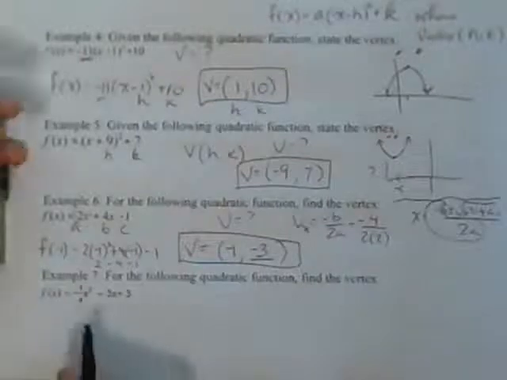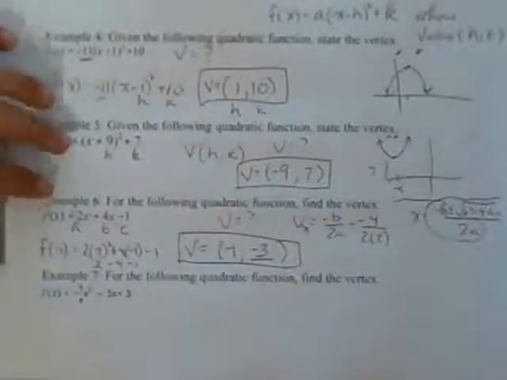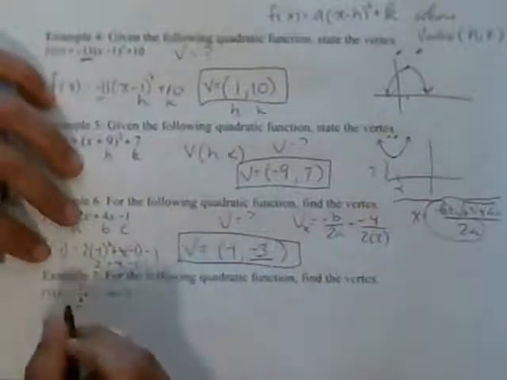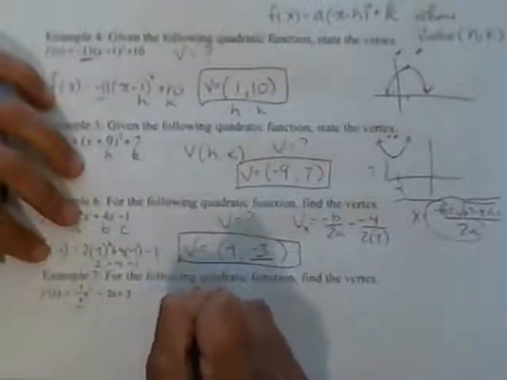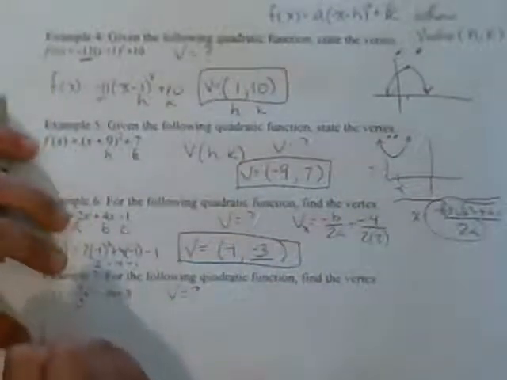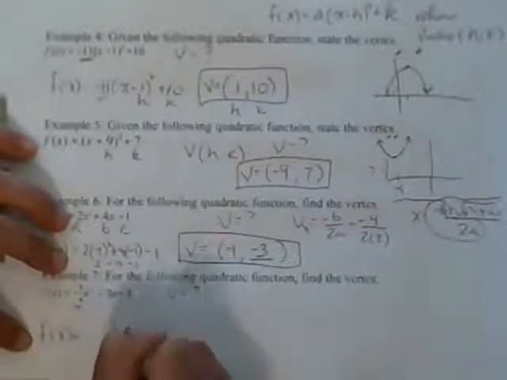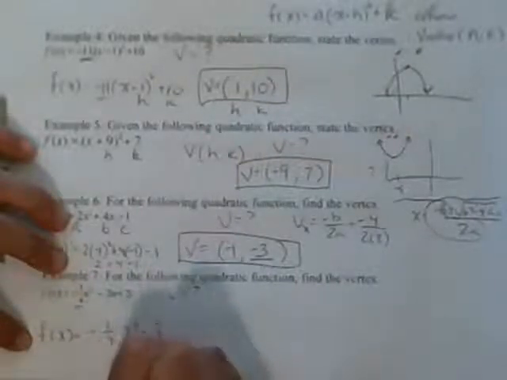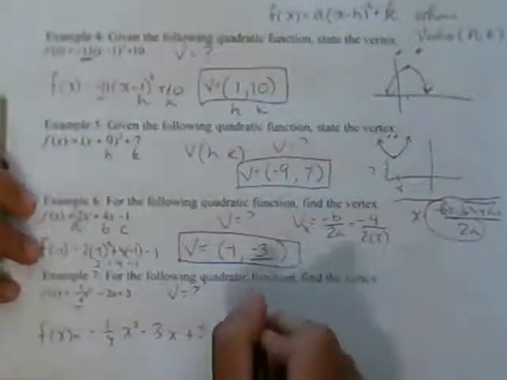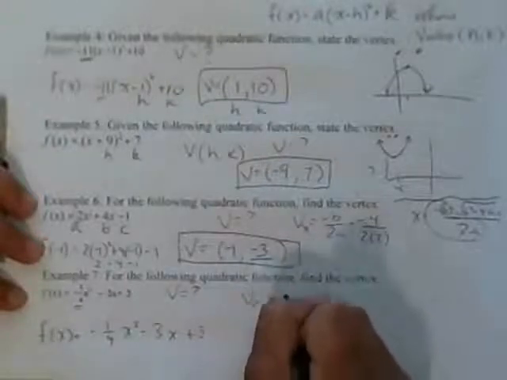Find the vertex of this function. Example number 7 is just a little bit more difficult to do because it is -4. So let's rewrite the question. The function f of x is equal to -1/4 x squared minus 3x plus 3, and we know that the vertex of your x-coordinate is equal to -b